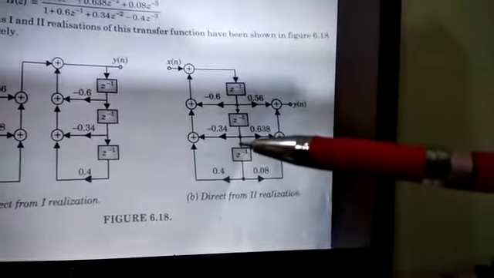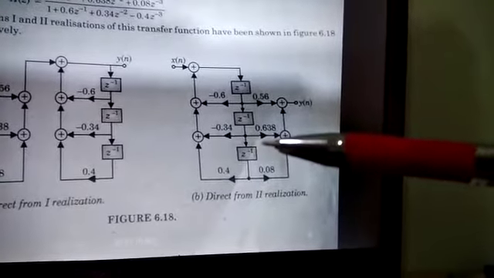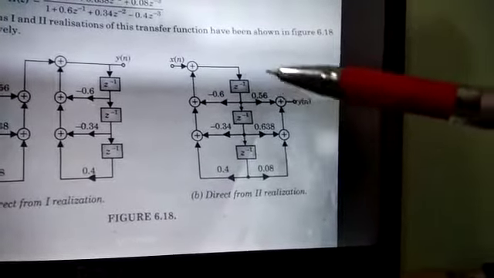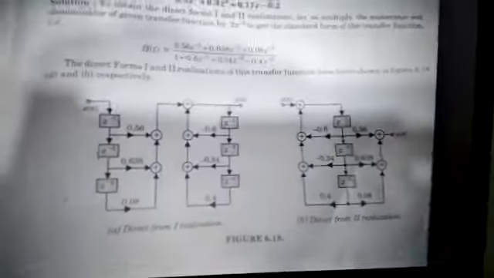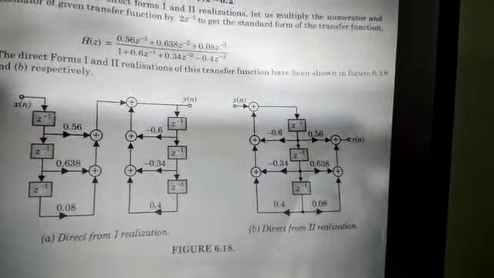In implementing digital filters or structures, it is desired to have the canonic form. So canonic form is important, and hence we use direct form 2. Direct form 2 is very important in all types of numericals. Again, next time we will see this problem.